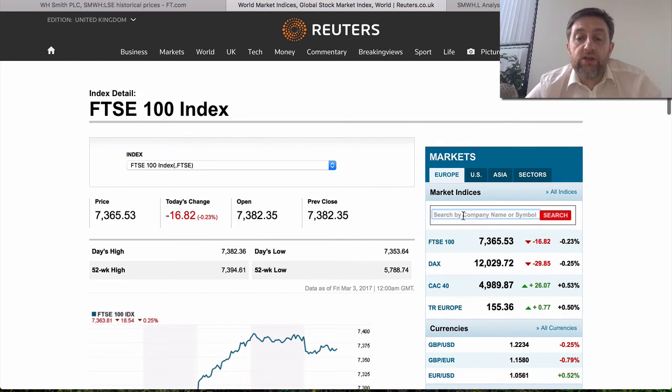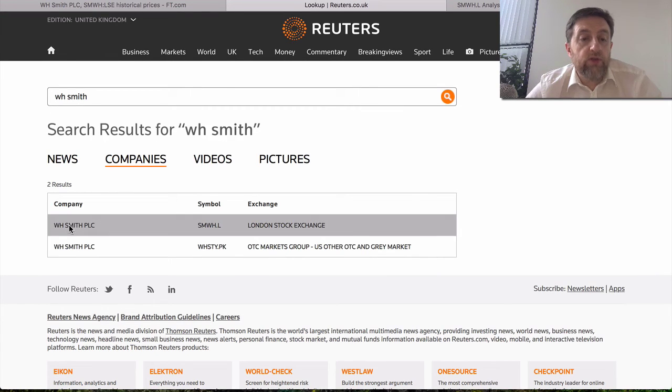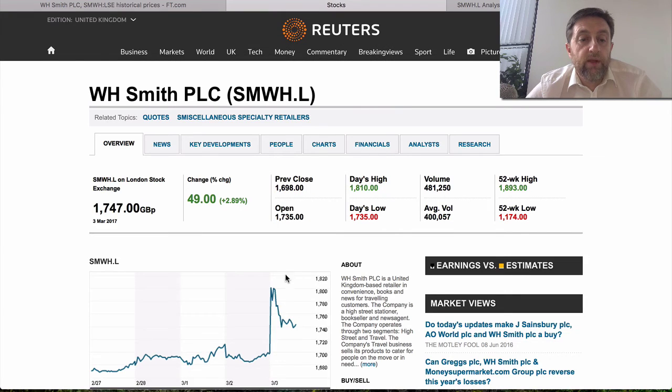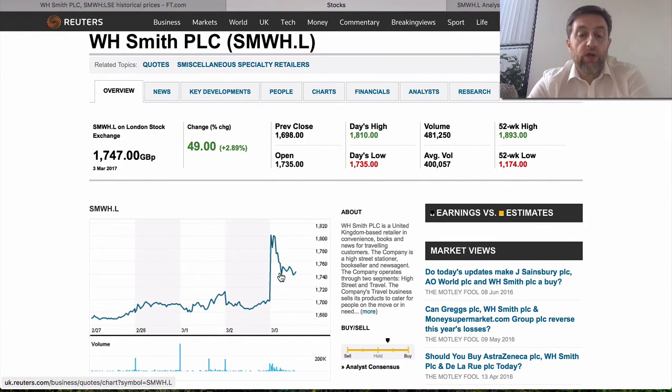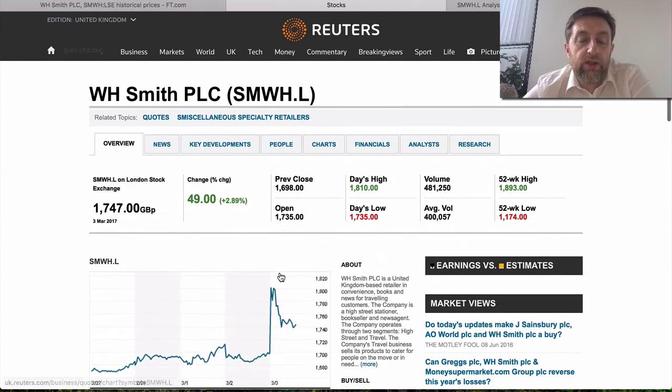Let's just search here. WH Smith, search. WH Smith, London Stock Exchange. And now we've got Reuters here. So a lot of the same information. I won't go through this. One of the things I quite like in Reuters is that when you get the company, if you go to related topics, see this one here, and it always is the last one that appears. Click on that,